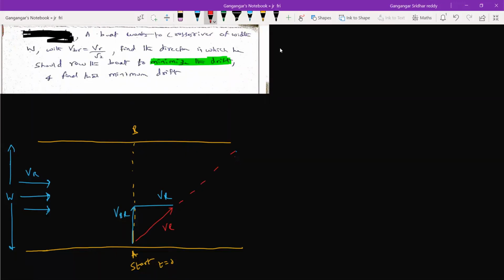Is that okay? Fine. Sir, this will be our answer. Okay, now let him row the boat in this direction. Then the river current will push him like this. Then in the second situation, he will come here, no? I'm asking you to analyze. Don't go for solving the problem. First you analyze it. What are the conditions? Okay, now look at this one. This is VB dash. Tell me in which case it is minimum.